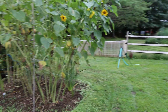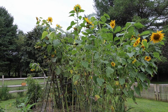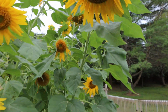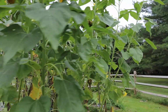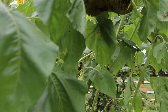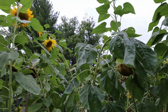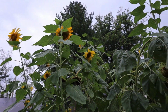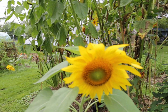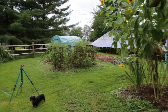And now I need to step back in order to show you the state of the sunflower stand, the mammoth sunflowers, and some of them are more mammoth than others, but they were planted and replanted in a staggered manner, so that some of these, which are pretty much done for, the birds are now feasting on, but some of them are just blooming or in the peak of what they tend to be. And this one, for example, is just a gorgeous looking sunflower,